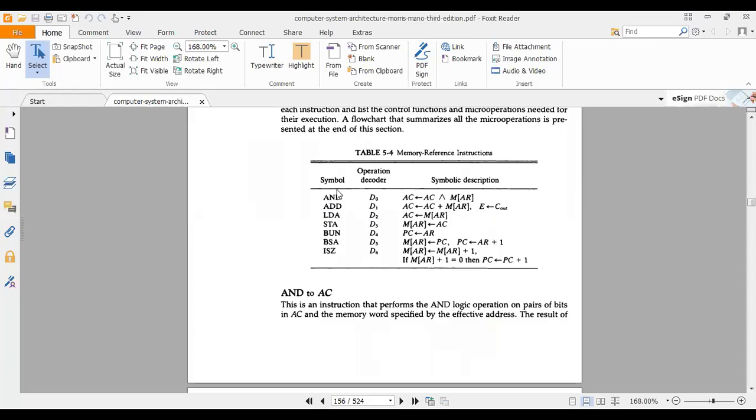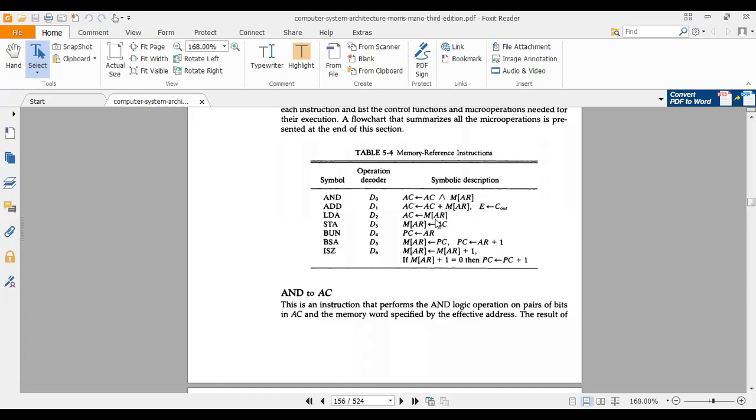The AND operation is a logical AND operation. The operand kept in the memory location, whose address is given by the address register, that data, M of AR, meaning the contents of the memory location AR, and the accumulator's data, on both these data the AND operation will be performed. This is our symbolic representation. So the symbolic representation is this for AND, and similarly simple for ADD.